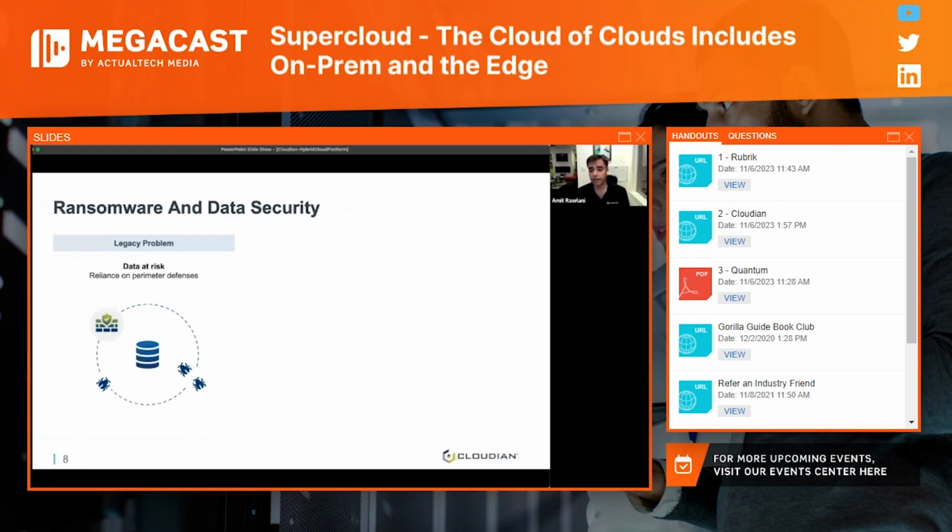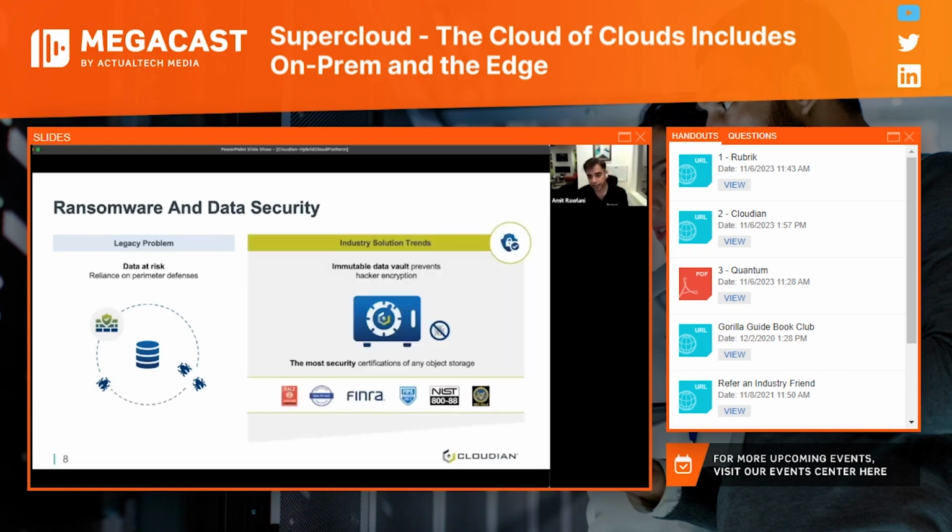And then finally, let's talk about the security piece of it, right? Ransomware concerns continue to be top of mind for most of the CIOs. Legacy storage is just not sufficient because many of these systems rely on perimeter defense only, and they do not have their own defense, right? A storage system that can actually protect your data, with data immutability, preventing hackers from encrypting or deleting the data as a last line of defense, is one of your most important defenses in your strategy. And that's what you need to make sure is applicable for your cloud systems as well.